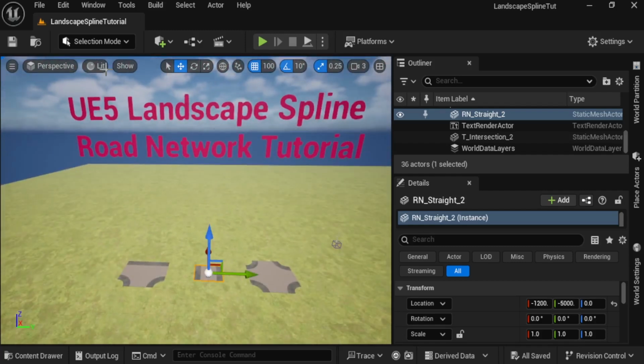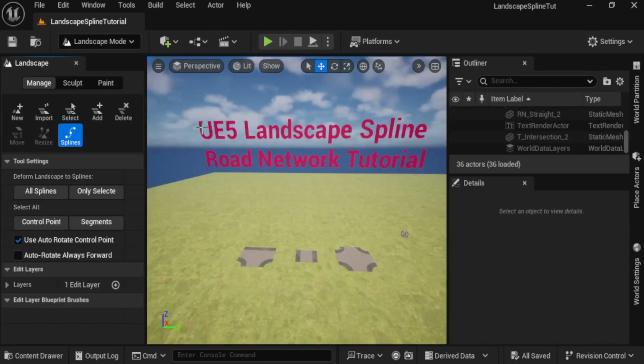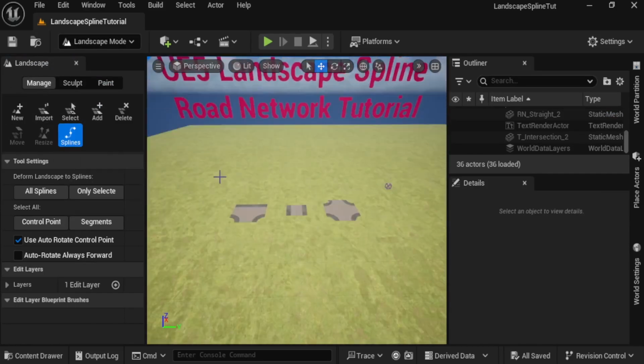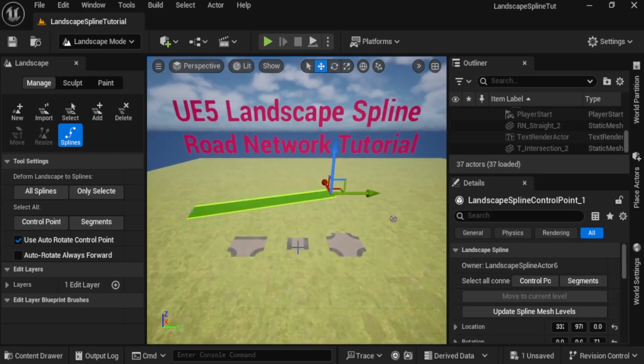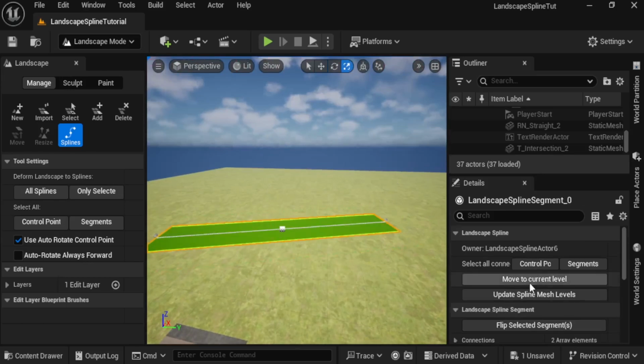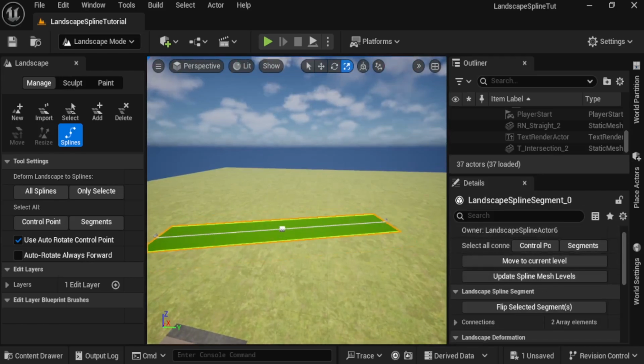First off, I'm going to go into edit mode. I'm going to go into landscape. I'm going to select manage and go to splines. Let's select splines. Control-click here, and click here. I'm going to add this straight road to this. I'm going to click on this segment,